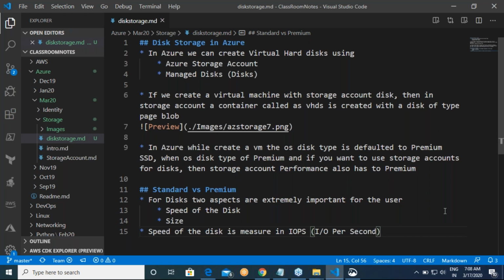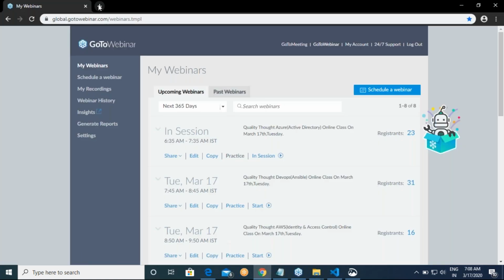But when you speak of standard, standard might not have that range of speeds. So this is a basic understanding we need to have. The first point: premium versus standard, the first measurable difference is speed. Right. Now let me go over here.